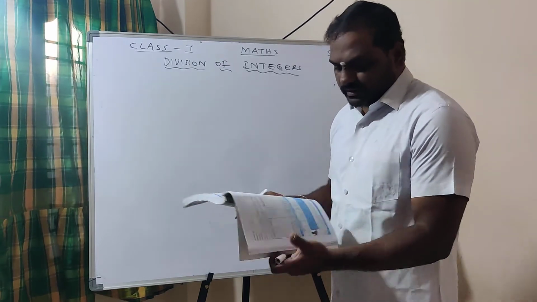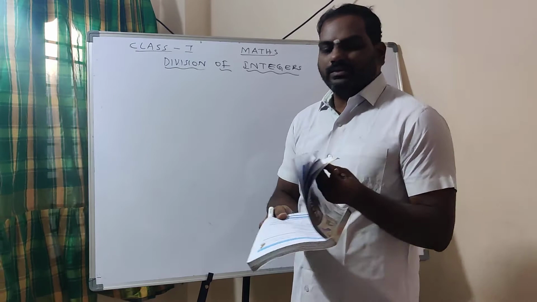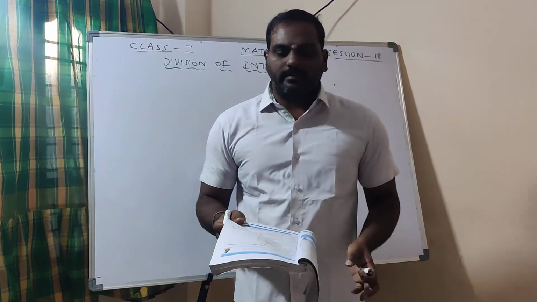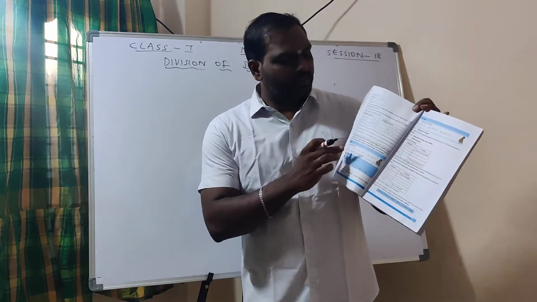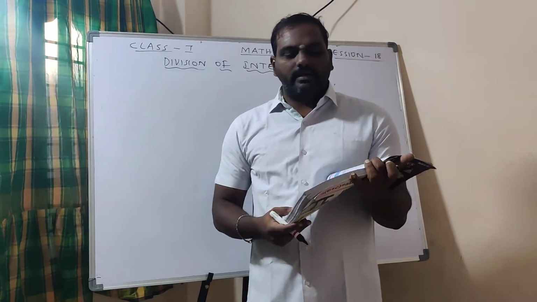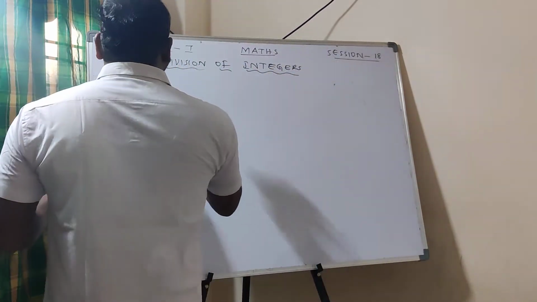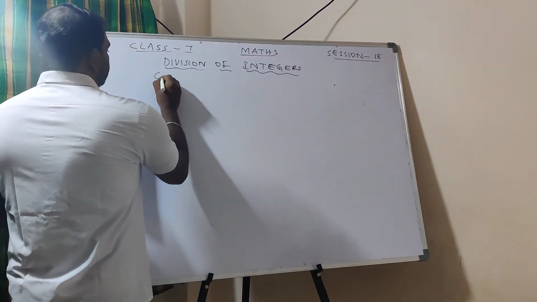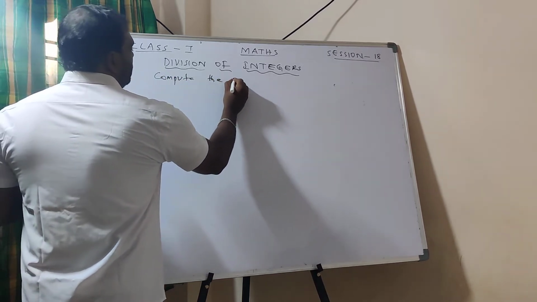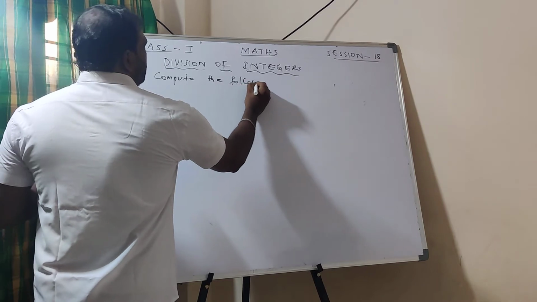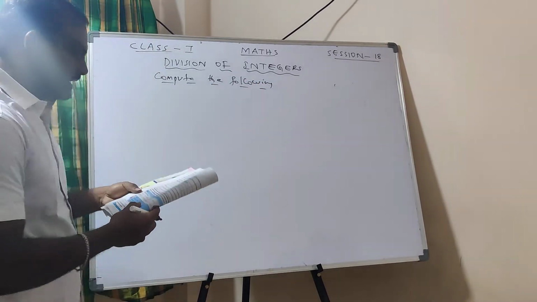Now I will go for the questions. Do this. Whenever you are a mathematics student, if you want to be perfect in mathematics, then in your textbook, along with the exercise sums, there will be Do This and Try This. Definitely you have to do that, right? Now the first one is compute the following. This is the question given in your textbook. I am following the same questions. Compute the following means we have to solve, or find the answers.